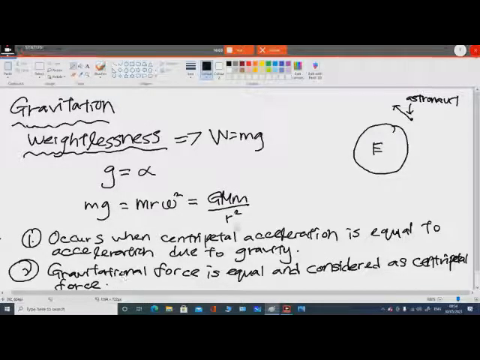Hence the satellite will undergo circular motion, and hence we will be able to stay in this orbit